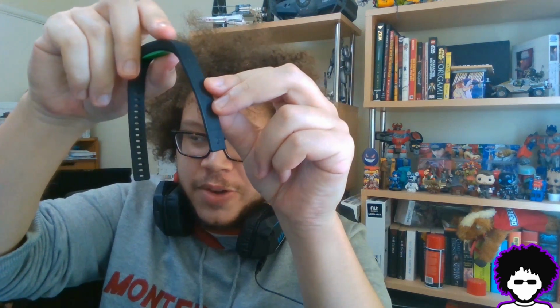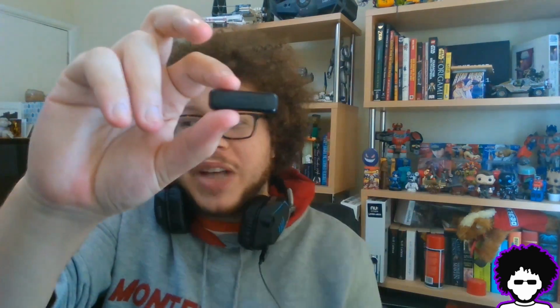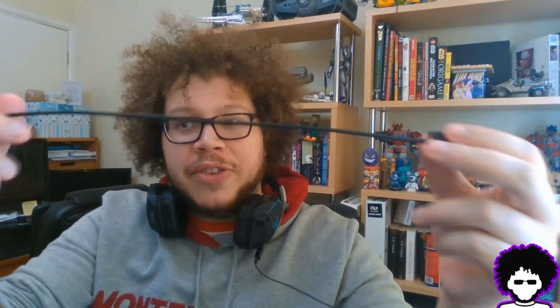Now you can sort of see it. It's very minimalistic, a sort of black rubber strap. You can see the old Razer logo there, and actually, this is the active bit. So it just pops out, and you've got the little charging port back there. It's a very, very minimalistic setup. It just comes with the strap and a USB charging cable. You can see that just there, and so you just pop this back into the strap,